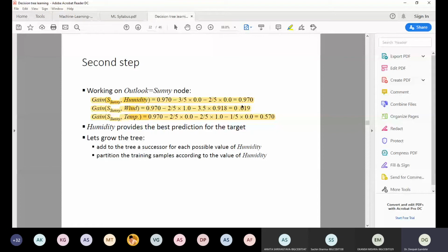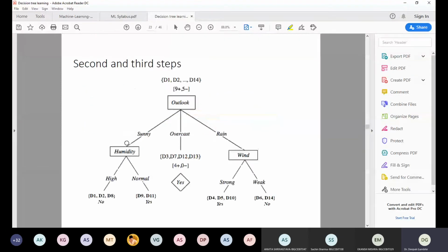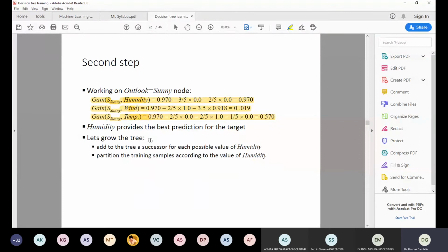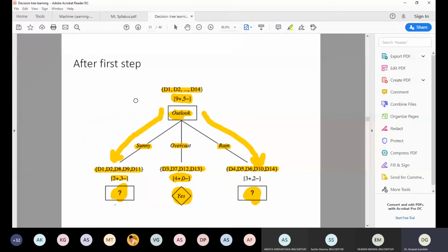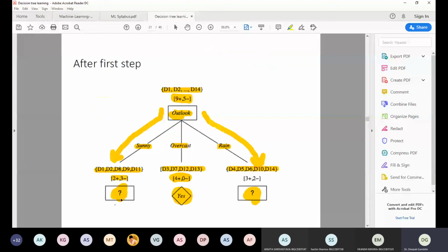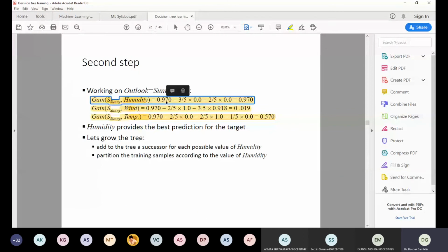So out of these, if we compare, this is again the same thing. This is the root node. This is now the root node, and we have to choose. There are 2 outputs possible. One is if we choose humidity, then there are 2 outputs possible. Humidity is high and normal. So if suppose there is humidity, then we can have 2 outputs, high and normal. We will compare that. We will compute the entropy, and that could come out to 0.97.